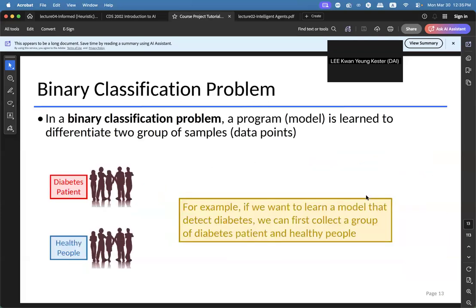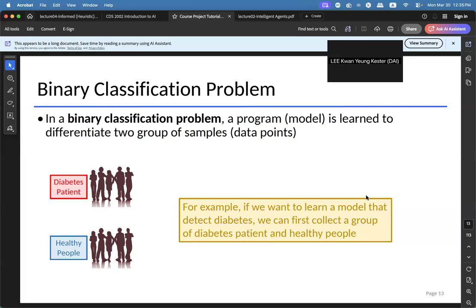Essentially, when you are working with a binary classification problem, you will try to learn a program from two groups of data points. For example, if we want to learn a model that detects diabetes, we need to create a differentiator that differentiates diabetes from the normal population.